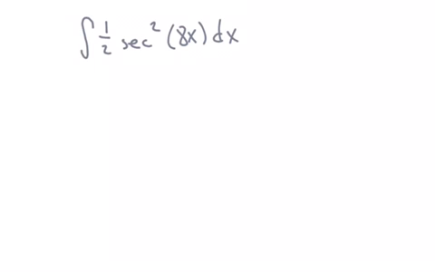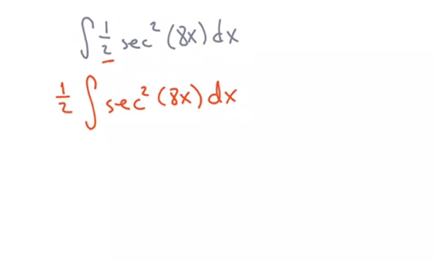Okay, so let's take a look at the integral 1/2 secant squared 8x. So what do I want to do here? First things first, we got this 1/2. Let's just put it on the outside so I'm looking at less. So I'm going to integrate secant squared 8x dx. Now, if you know your trig integrals, then you know that secant squared,